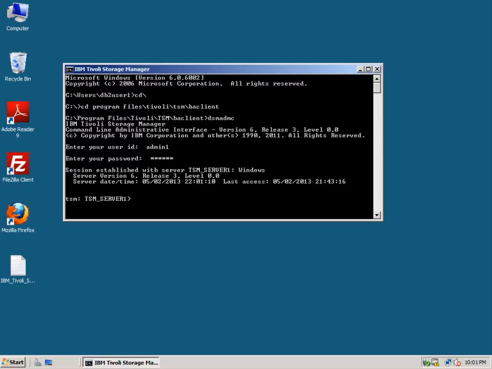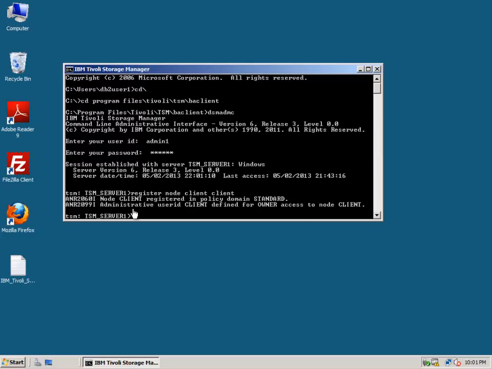Your next step is to register the client. So as the administrator, you can use the register node command. So you enter register node client and then give the password as client. So once you have the client node registered,